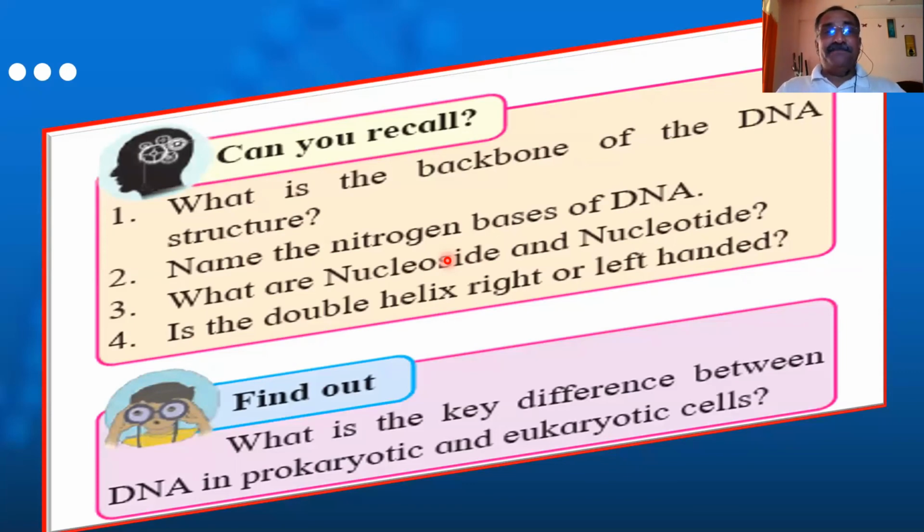In a nucleotide, one sugar, for DNA it is deoxyribose sugar, and one nitrogen base out of the 4 nitrogen bases, any one of them. Depending on which nitrogen base it is, the name will change. It can be an adenine nucleotide, a guanine nucleotide, a cytosine nucleotide, or a thymine nucleotide. So that is why we said there are 4 different types of nucleotides. So nucleotide is the basic unit which contains 3 subunits: sugar, phosphate, and any one of the nitrogen bases. Is it clear now?